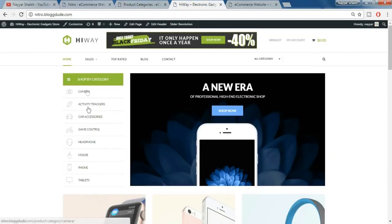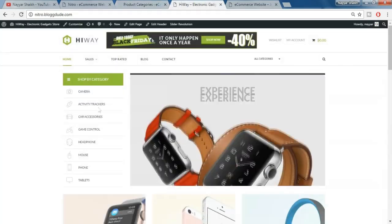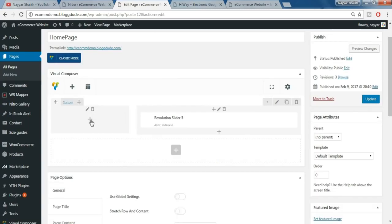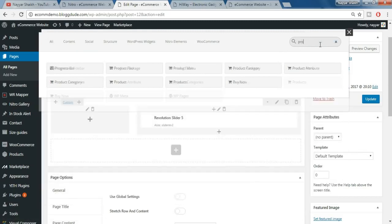Now what we have to do is add these things over here. So let's do that. For that, again come back to your pages, click on pages, because we have to add this on the pages on our home page. Fine, now select the home page from here. Okay, here we want to add the categories, so click on this plus sign over here, and in the search element type in product categories. Okay, product categories,